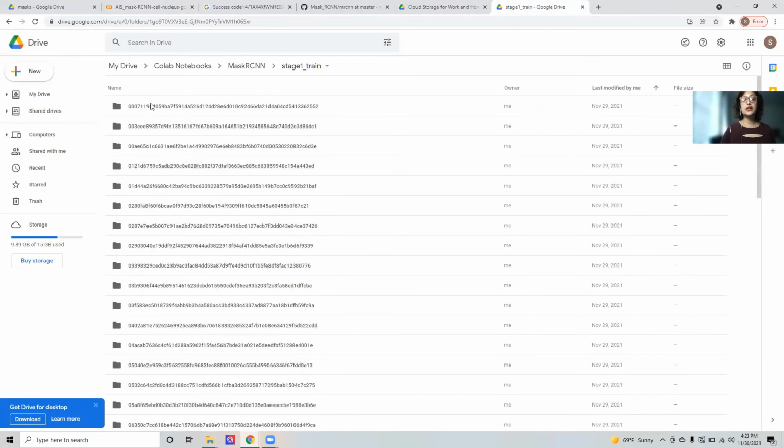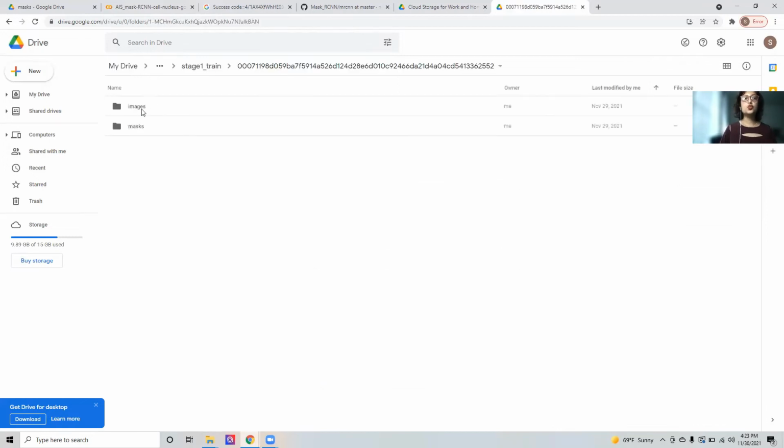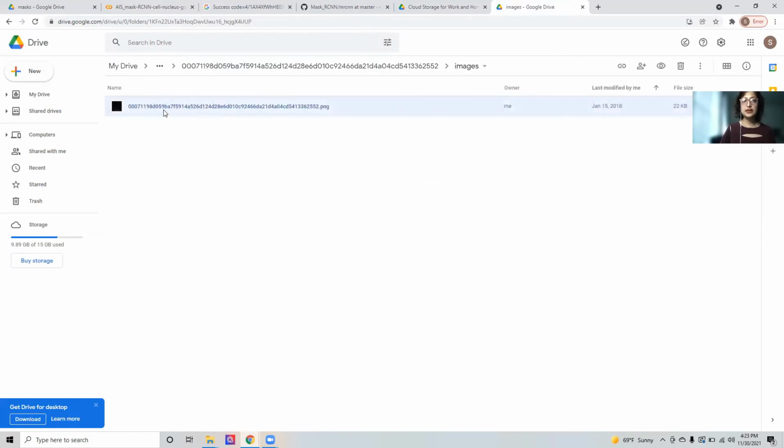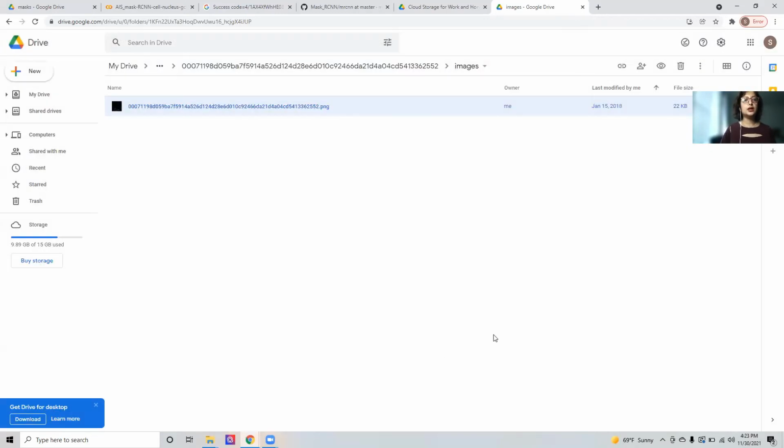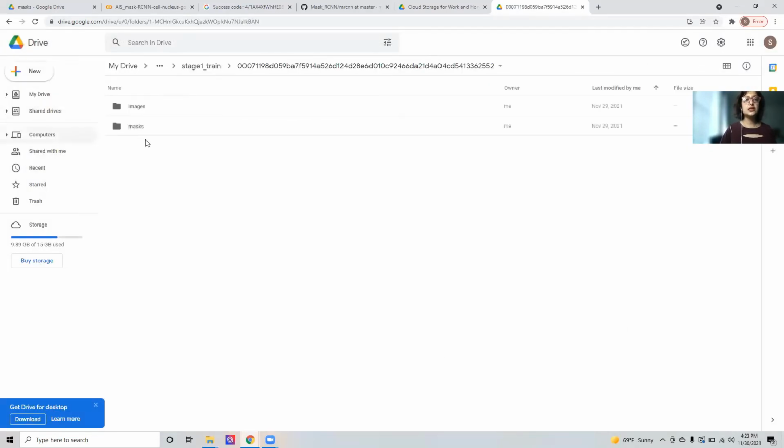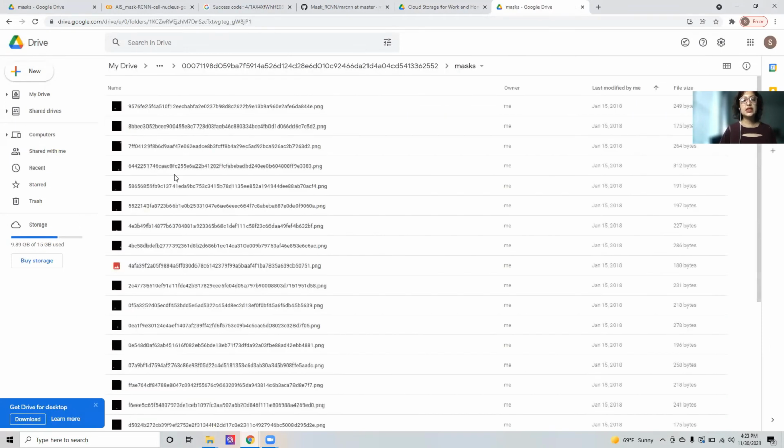Let me show you what the data looks like. So inside the training folder, there is one image. And every single time there is just going to be one cell nuclear image. But then the ground truth is actually every single mask separately. So you see in this case, every single mask contains one of the cell nuclei, right? So if you go to the next one, it will give you the next cell nuclei, next cell nuclei. So as you can understand why this is instance segmentation, because every single cell nuclei is being treated as a